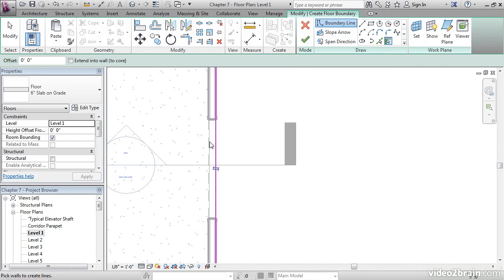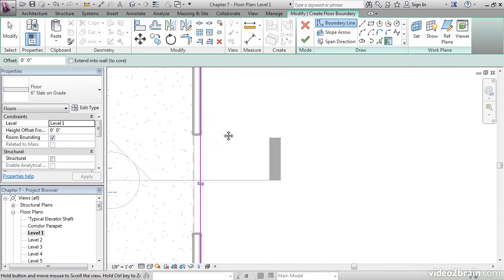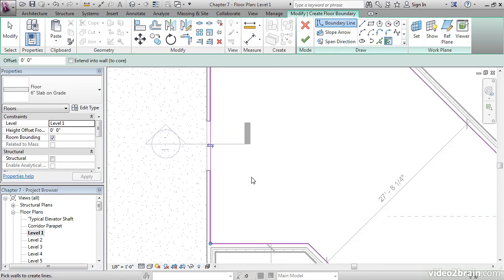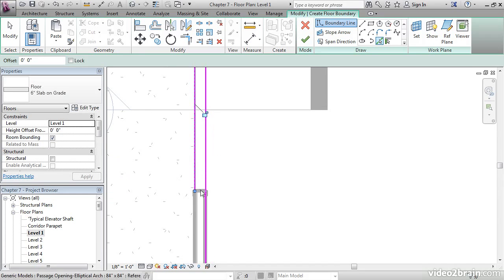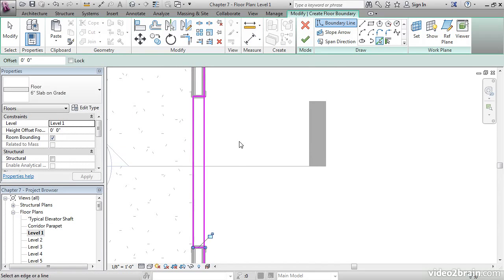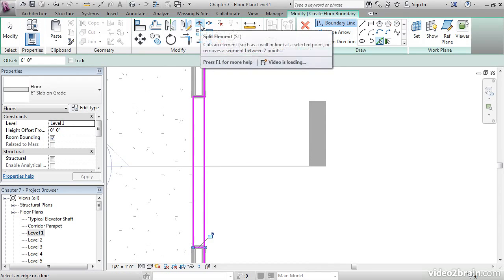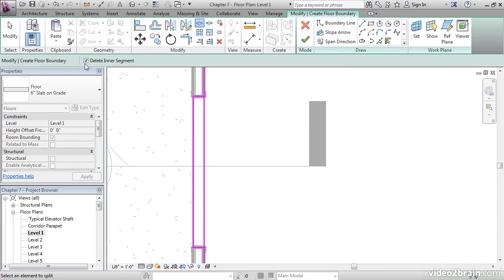But we have a little bit of modification to do because I don't really want a gap through here. So what we're going to do is pick the inside face of this, but we're going to have to use our pick lines to do it. Use your Pick Lines button on the Draw panel and click this face, and this face. What we need to do now is clean this up. We're going to use our Split command to do that. Be sure to delete inner segments clicked on, pick here,